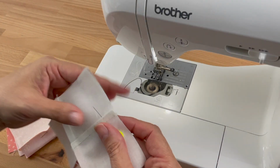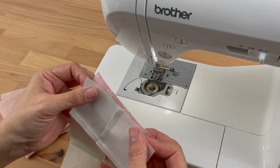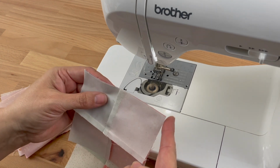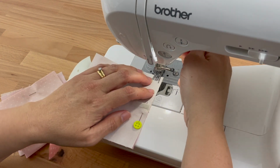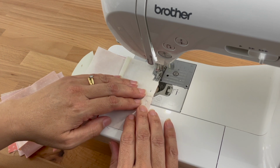So taking one of my rows, I'm just going to take the pin out, open it up, and just line up all the edges really nicely, making sure the side, the top, and this side are all lined up. Then I'll pop my pin back in and sew along. I'm not going to worry about the back stitch. Just starting at the very beginning,